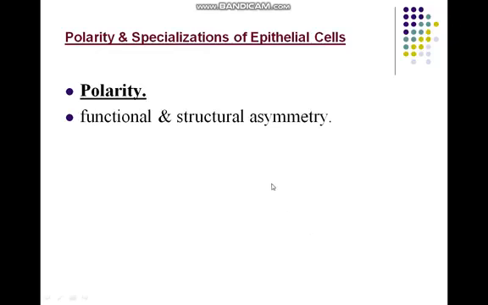Polarity of epithelial tissue. Polarity means the asymmetry of epithelial surfaces. This reflects specific function